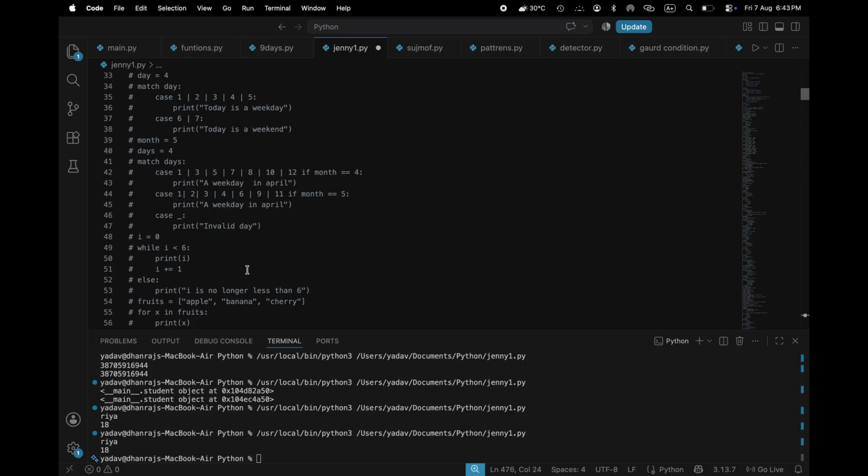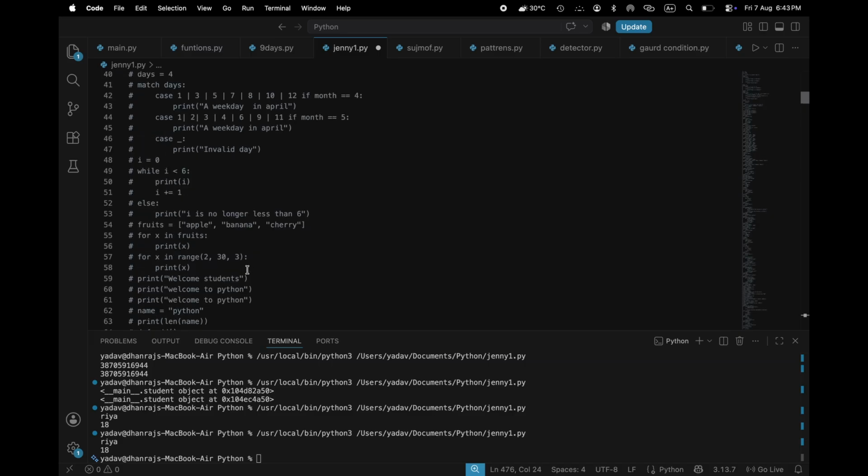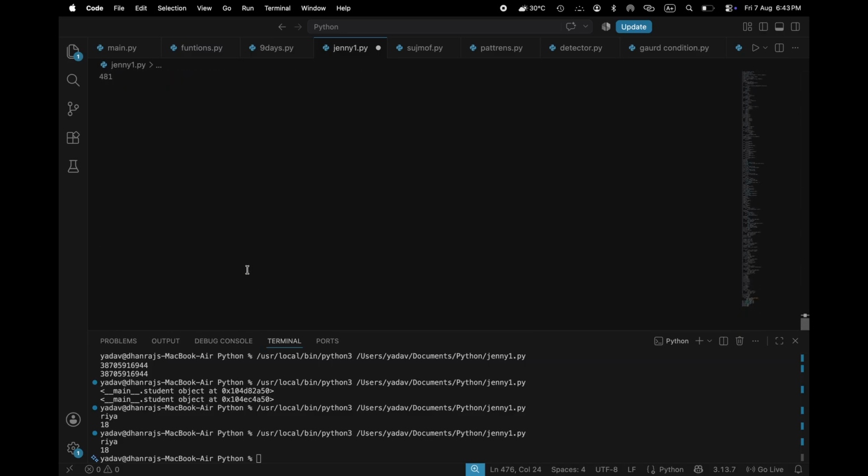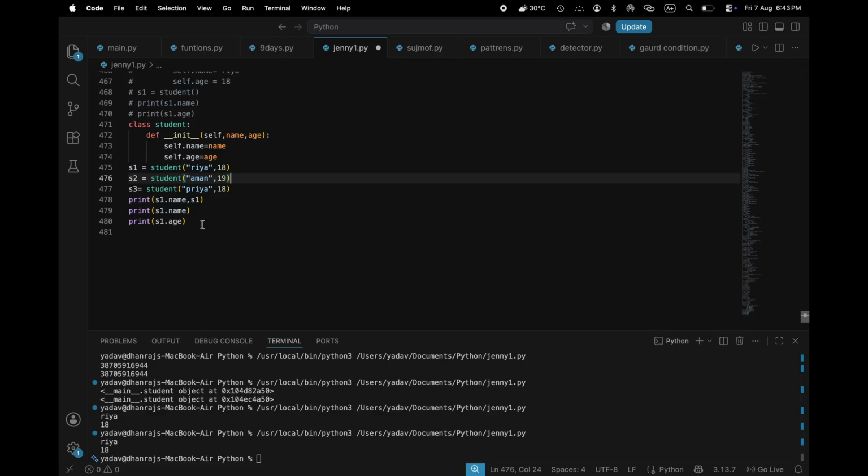Now, what is an instance method? Let's understand instance method. An instance method is a method that works with the data of an object. An instance method always takes self as the first parameter. For example,